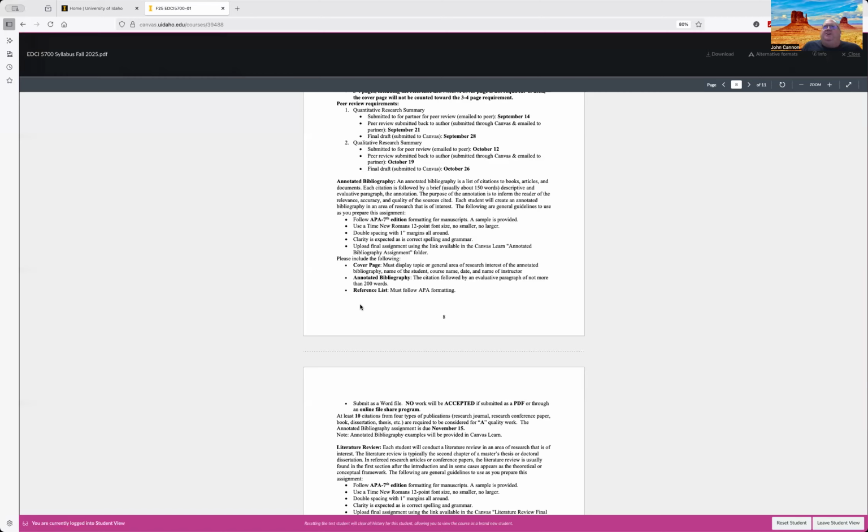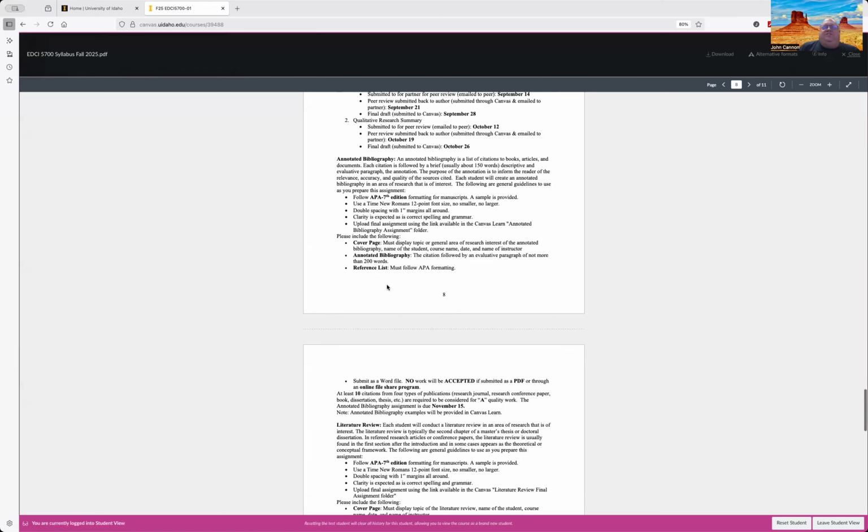So your cover page, then your annotated bibliography, with the reference citation first, followed by the annotation of no more than 200 words. And then at the very end, you will have your reference list. And again, this will be submitted as a Word file.